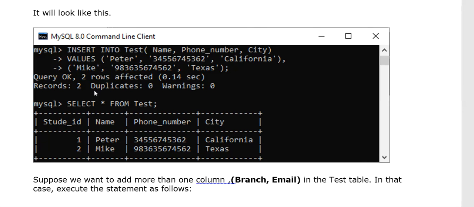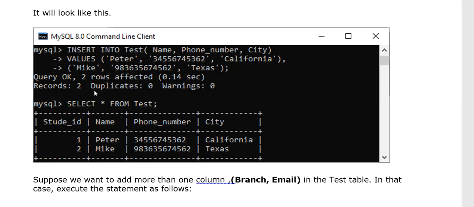Select is the keyword. Again, from is the keyword. Star and test is the variable. Star means for all, I'm using star. Otherwise, if I want a specific column name, I need to write down that specific column name. Okay. And test is the name of the table. So what are the tables you want to show? From which table's data, you can specify in this way.